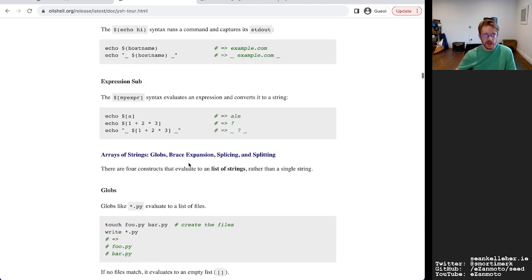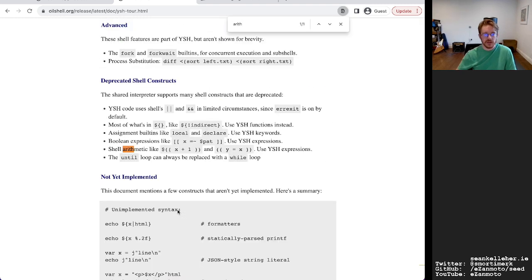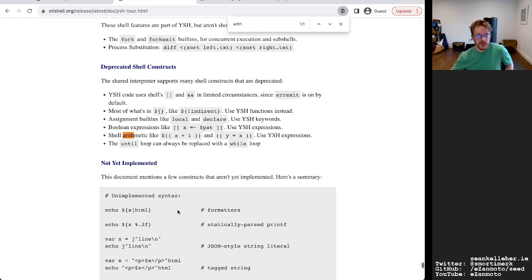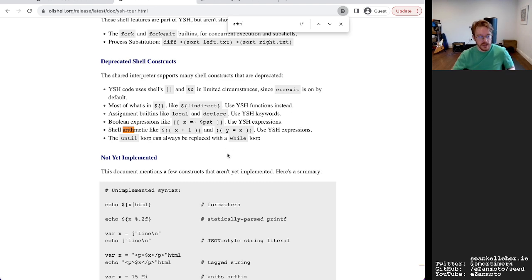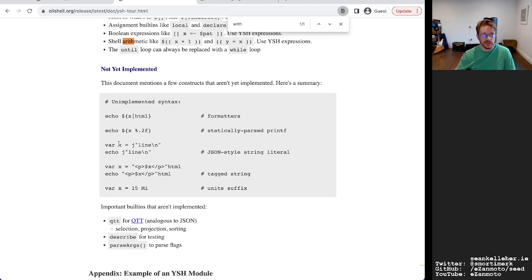How are expression. So let's take a look. I think arithmetic is, so that's deprecated. Use YSH expressions. So, and it looks like by default variables don't use dollars.